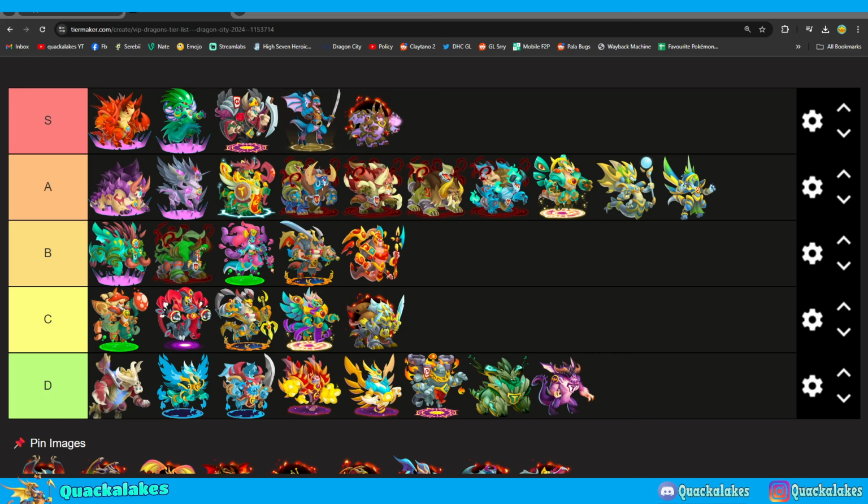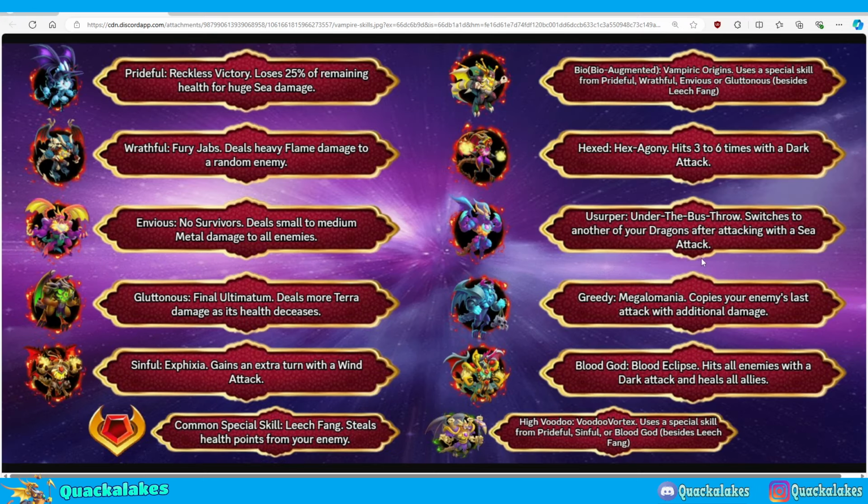And so next up we have the vampires, and I'm actually going to bring up the little infographic that goes through what each of the vampires, I guess, have, because we've got this that goes through each of the skills for these dragons. You can also check it in game, of course, but we've got all of these vampires, so you could always pause the video and read through each of them. But essentially, I think the worst vampire out of all of them is Usurper. I think that the next worst dragons are probably Wrathful, followed by